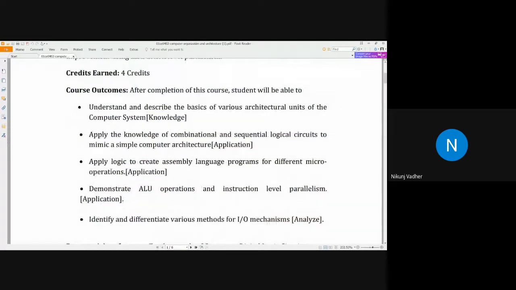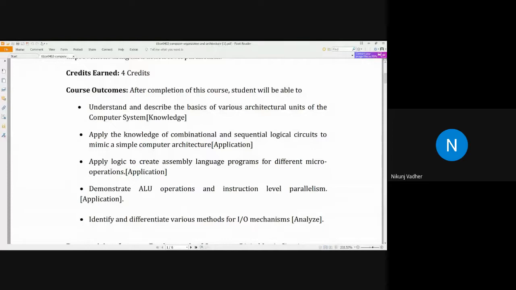At the end of this subject, you will be able to understand and describe the basics of various architectural units of a computer, meaning how individual components of a computer work. Then you will be able to apply the knowledge of combinational and sequential circuits to mimic a simple architecture. Means whatever you have studied in digital electronics, using those components, how you can implement the basic computer. That we will be discussing.